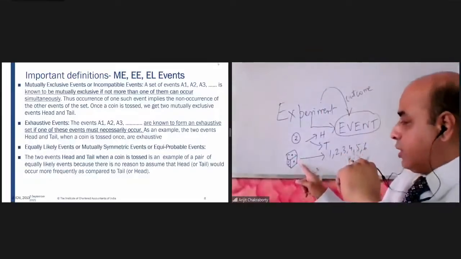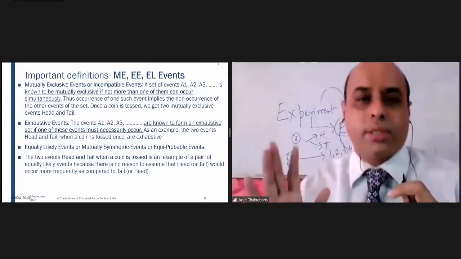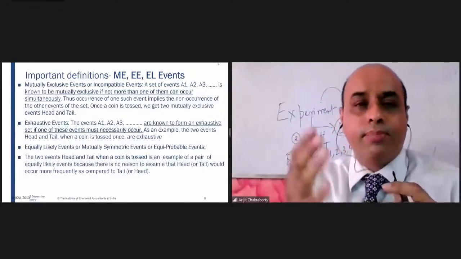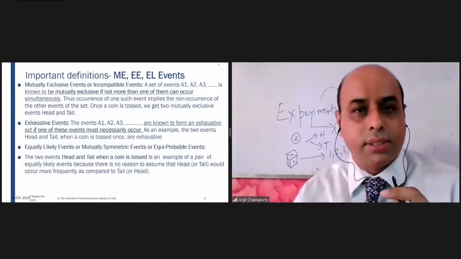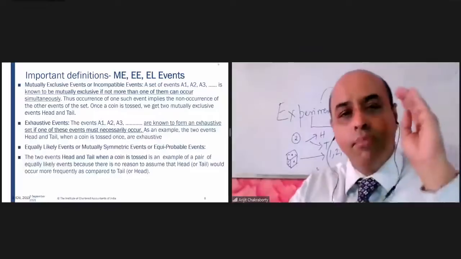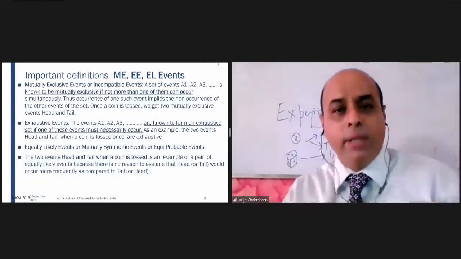When I am throwing a dice, there are 6 outcomes. Each of them has an equal chance. The probability of getting 1 is 1 by 6. The probability of getting 5 is also 1 by 6. So these are 3 important concepts: mutually exclusive, which means not more than one event